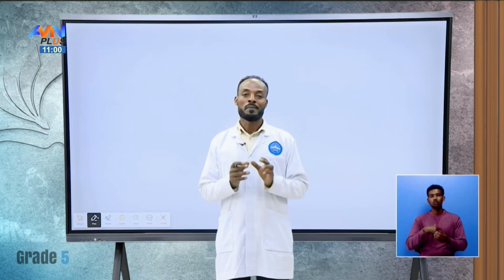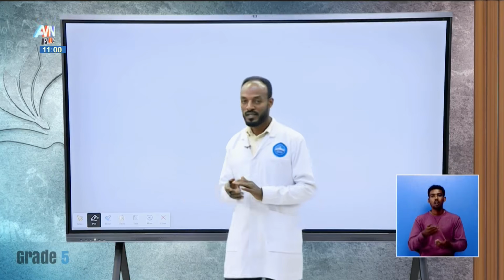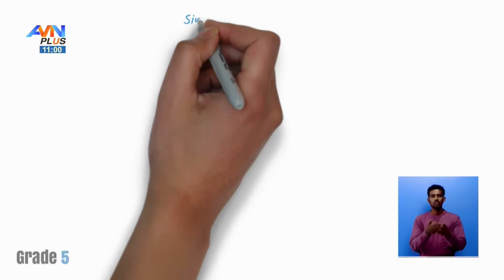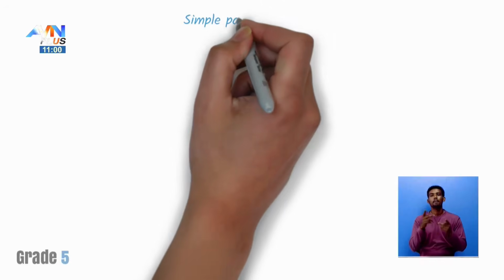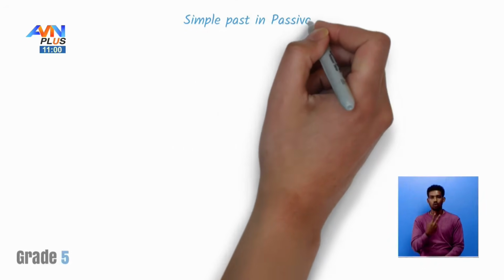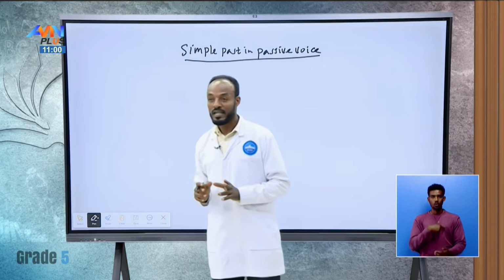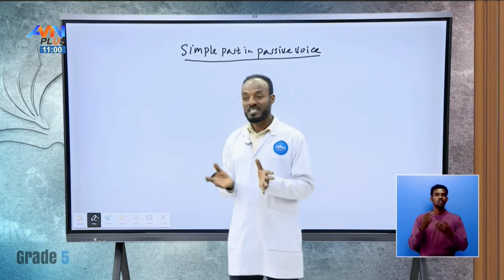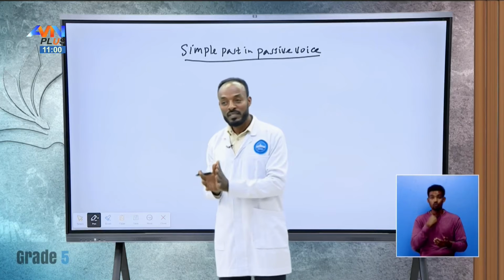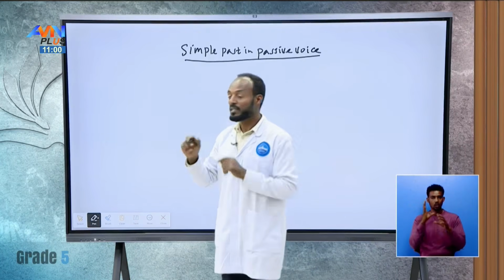Good. In the previous class, we talked about passive voice in simple past. Simple past in passive voice means there may be an action which happened in the past and was completed there. Okay? For example,